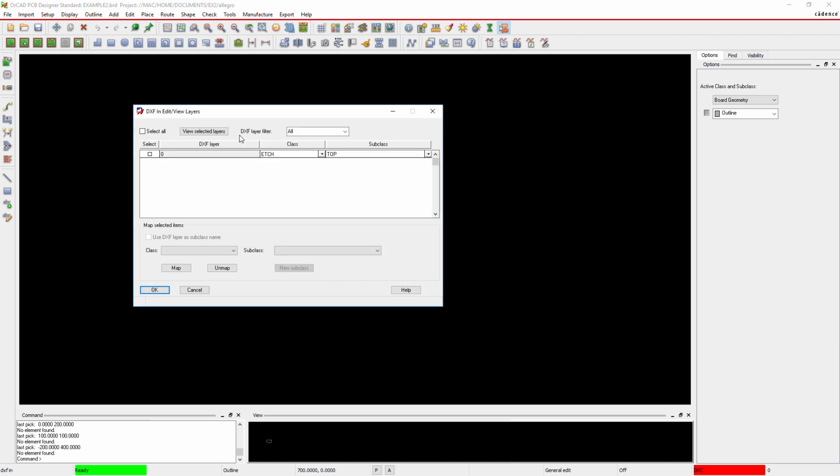Now choose edit or view layers. Select the layer that you want to import. This will be DXF layer 0. Then I'm going to set this to something like etch, and the subclass will be the top layer inside that